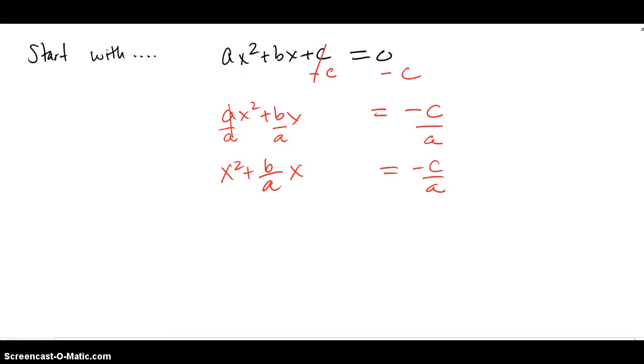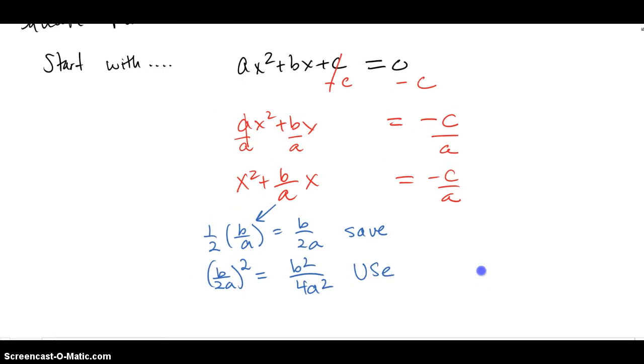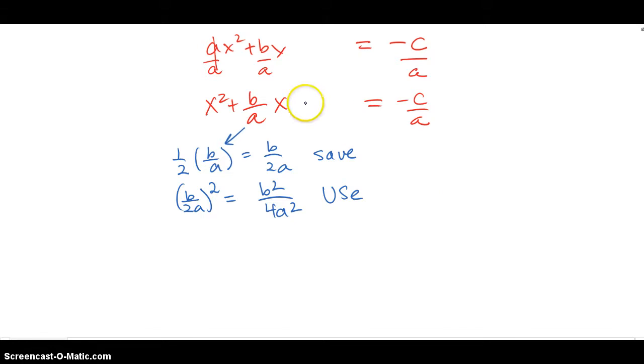Now we're ready to do the half business from completing the square. So we're going to take half of the coefficient of x, multiply across, b over 2a. Remember, we save this guy, and then we immediately take it and square it, so we get b squared over 4a squared, and we use this guy. Well, how do we use it? We add it to both sides,